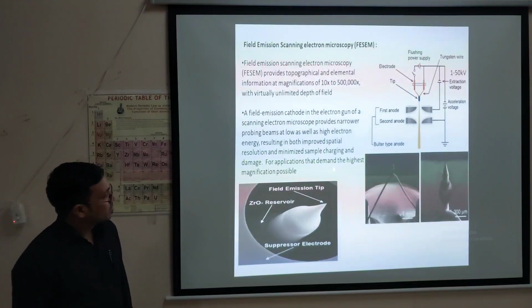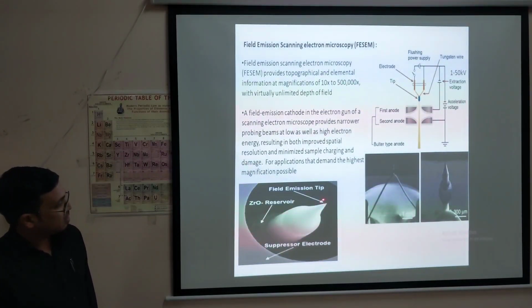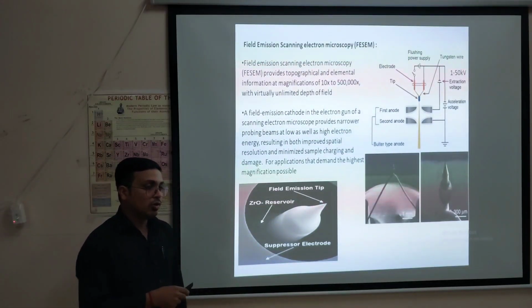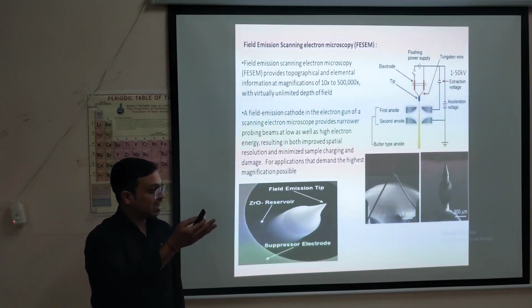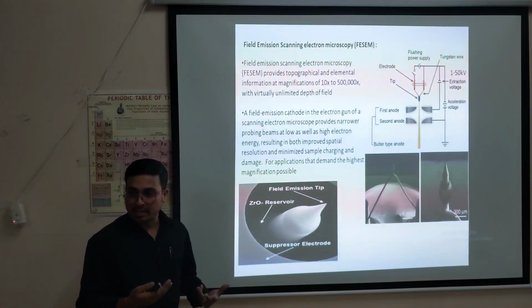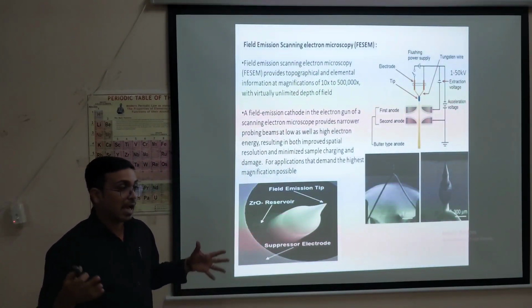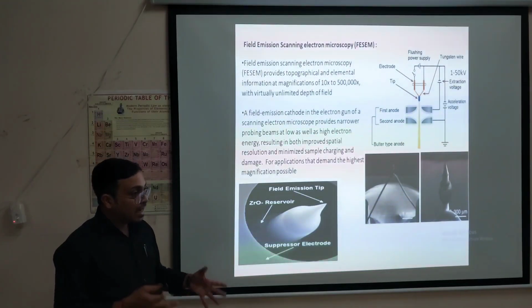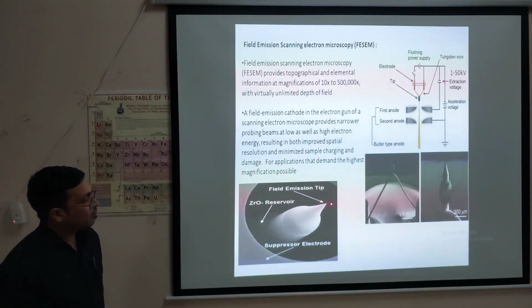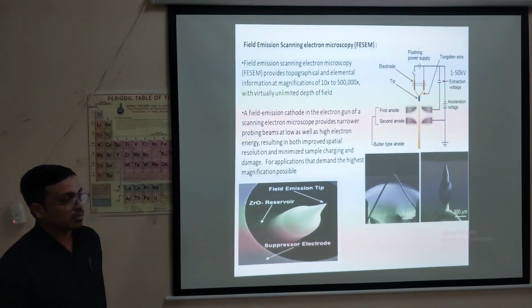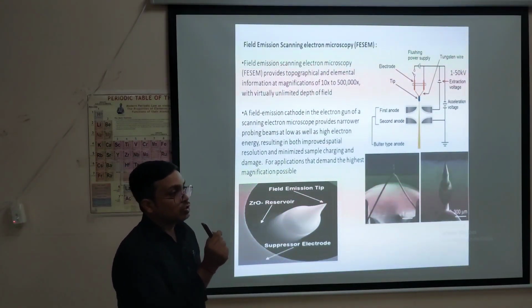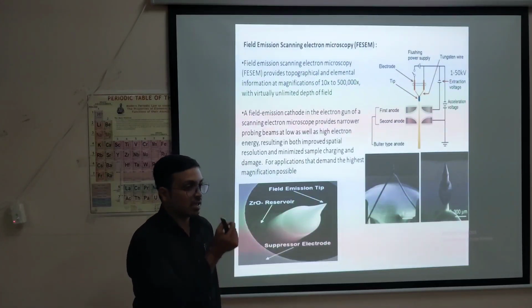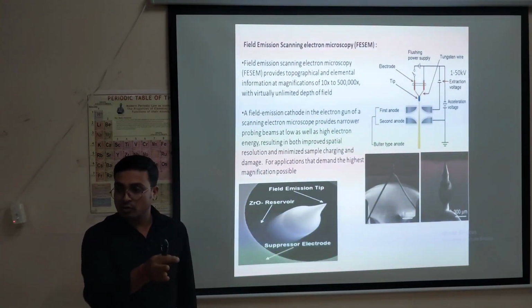Okay, so this is the field emission tip. Here, in SEM, it is the heating effect: you are heating and electron is generated. But here you will be applying high voltage, and in that process there will be electron ejection from the tip, and the tip size or radius is around 0.1 micrometer. Just think, from that part electron will be coming out.